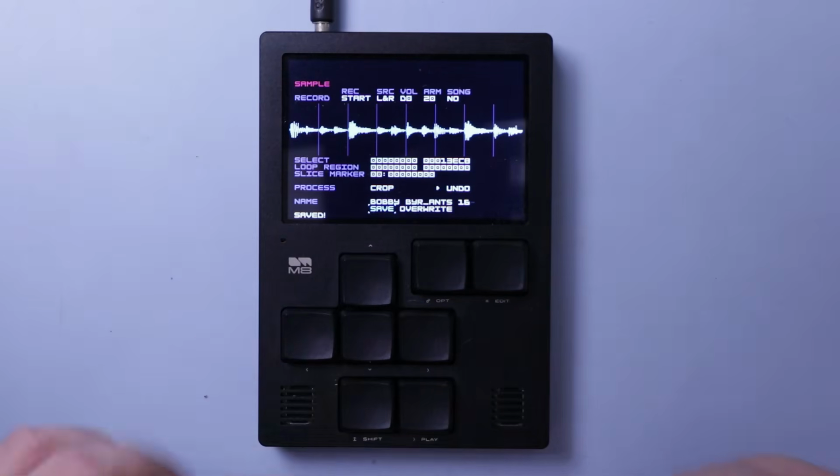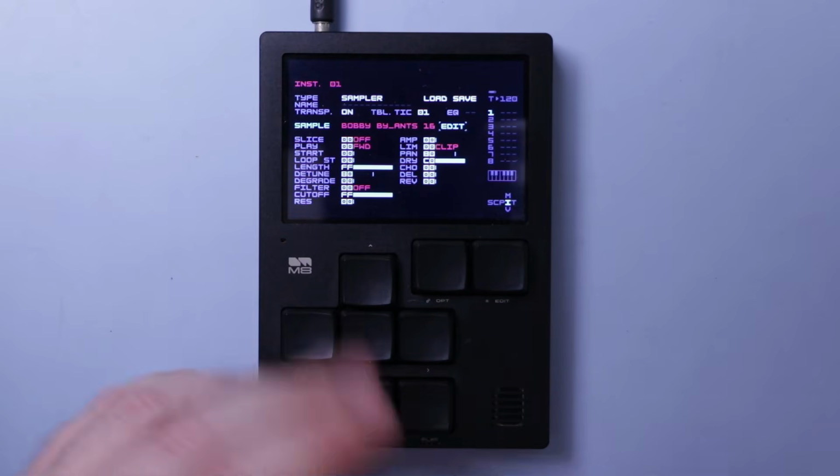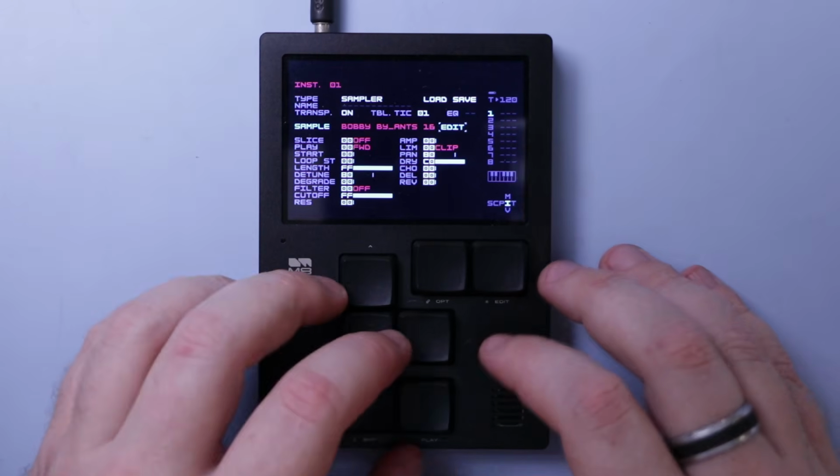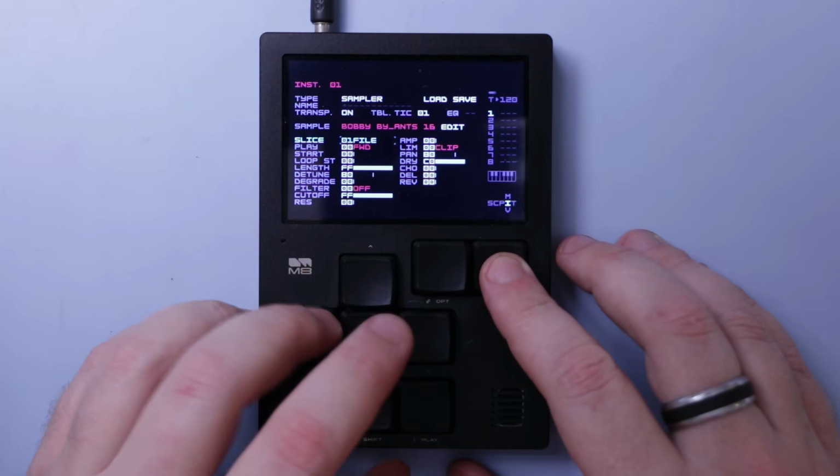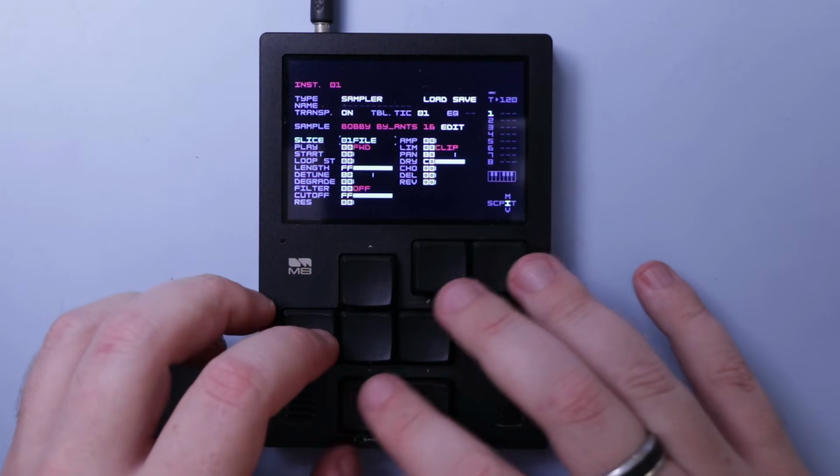I'm just going to overwrite that last save, and then we can hit opt out of that menu, and then we have our slices set up. But it's not ready to play yet. What we need to do is turn on the slice to file. So if I come back